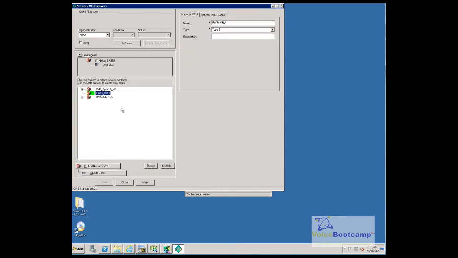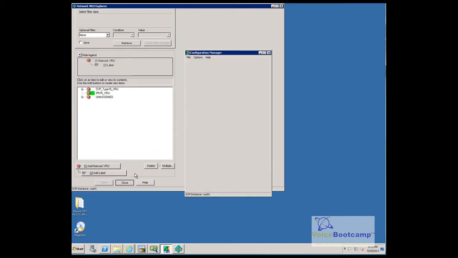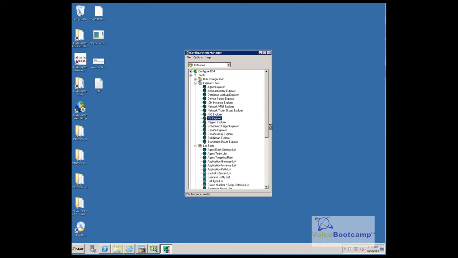Now here's an example of a network VRU I've created. You can click on add network VRU. I've created one and I call it IPIVR_VRU and the type is 2. So CVP uses type 10, UCCX uses type 2. Once I do this, then I will open the PG Explorer